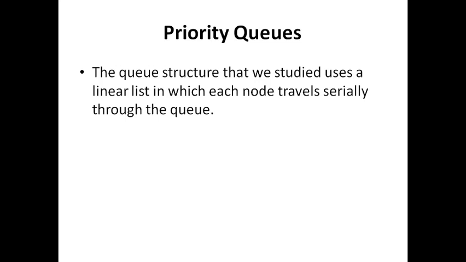But in a priority queue, this is not based on the arrival time, but based on some priority value. It's like when you go to a temple, if you are a VIP, you are likely to go ahead of other people. Similarly in a priority queue, every element is assigned a priority. So based on the priority, they may overstep some other elements and go ahead of them.